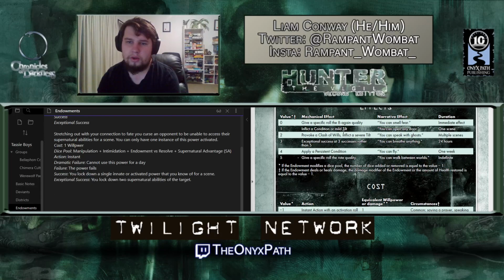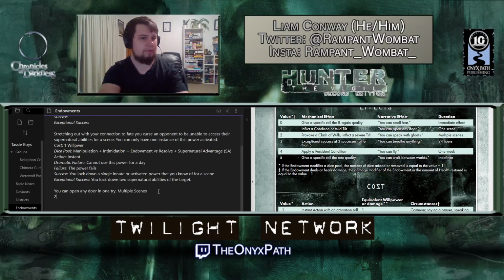So this is effect 1. You can open any door in one try. And this can be multiple scenes. So it's a mechanical value of +2.